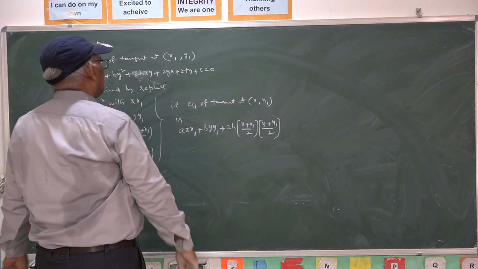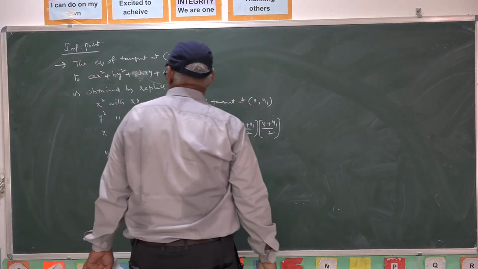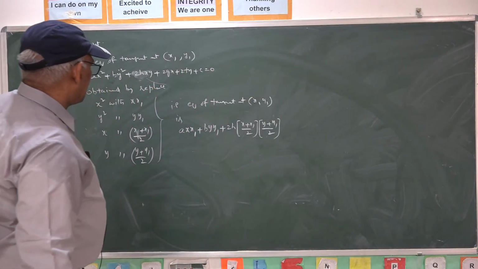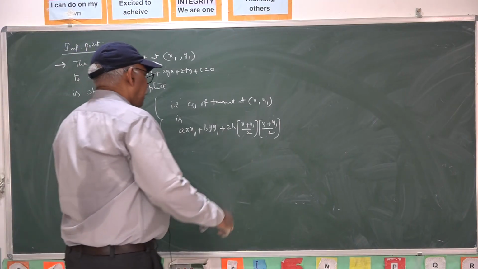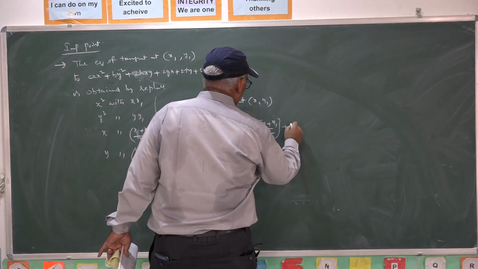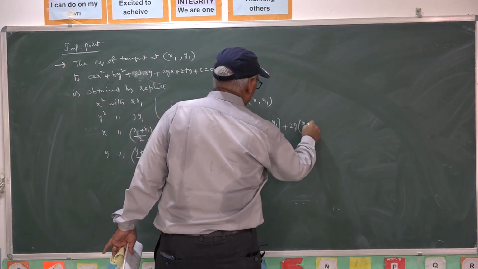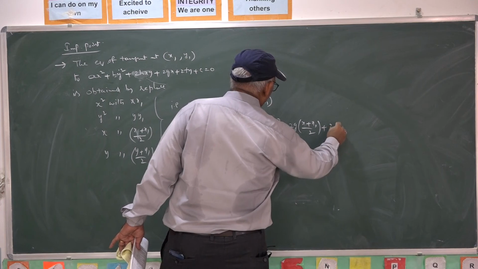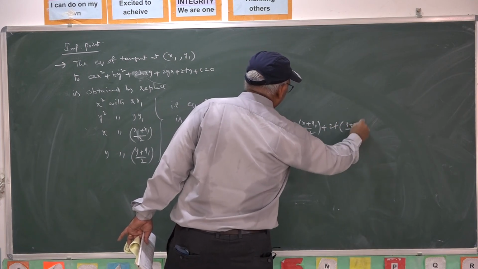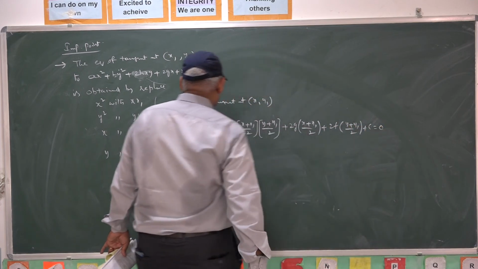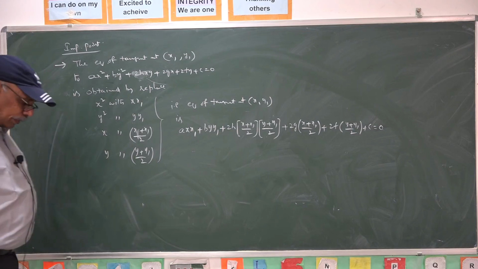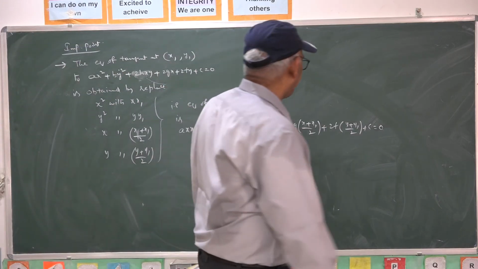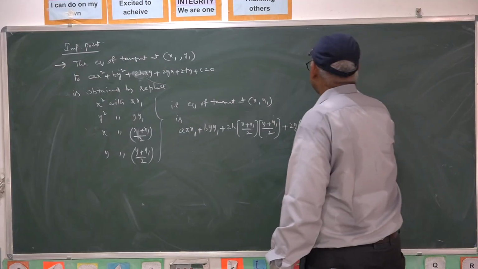Similarly, plus 2g into x plus x1 by 2 plus 2f into y plus y1 by 2 plus c equal to 0. It gives us the equation of tangent at x1 y1 to the conic. For example,